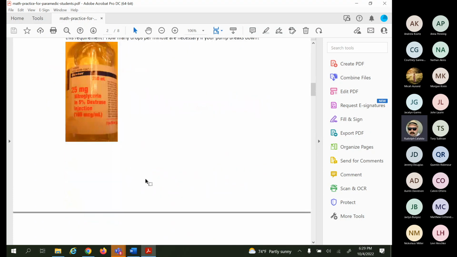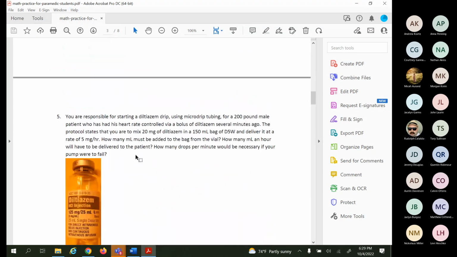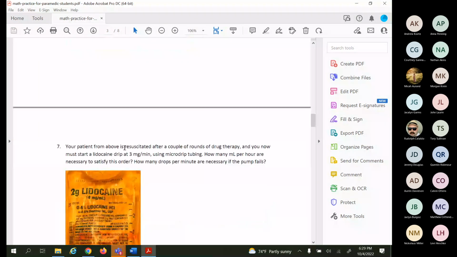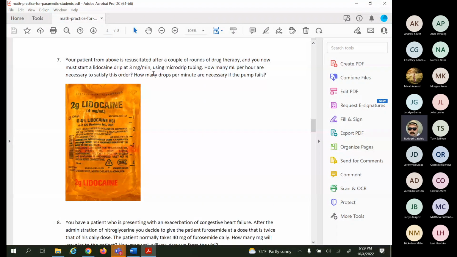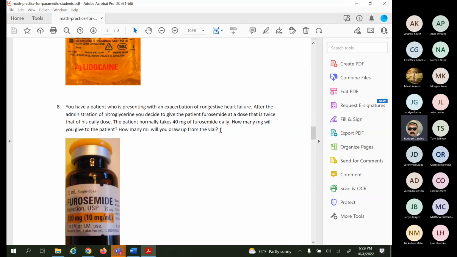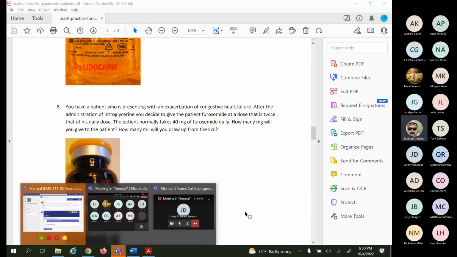Trying to see if any of these are any different. Some of these will have drips on them. Don't worry about that yet until we get into drips next week. Don't freak out. I'll explain those a little bit more. There is a certain drip that I want you to focus on today, and that is just dripping fluid. You know, if I have to give fluid over a certain amount of time. So let's say